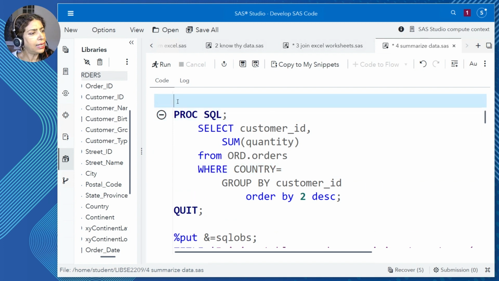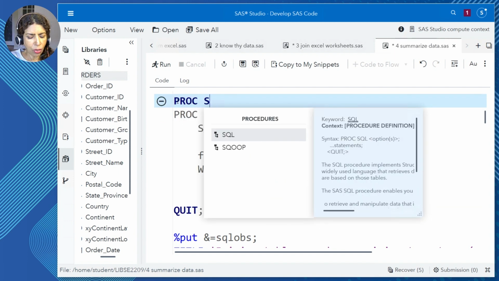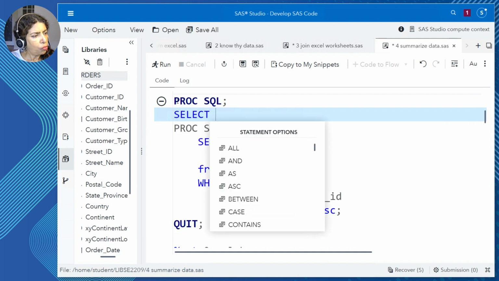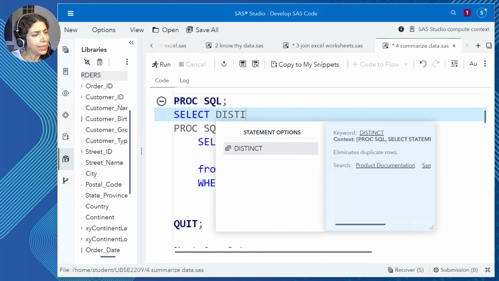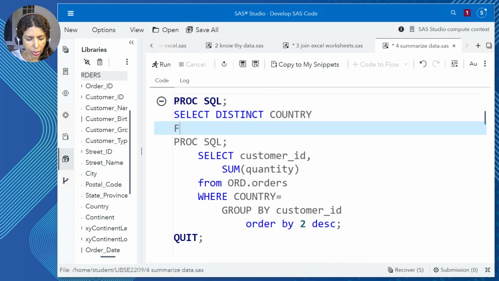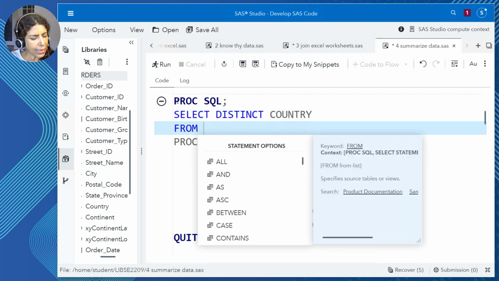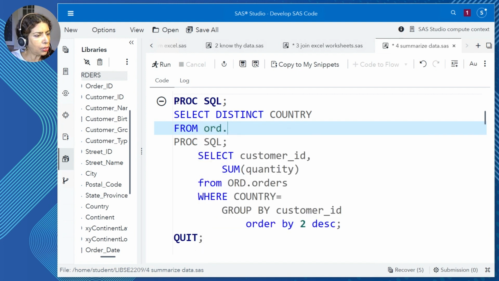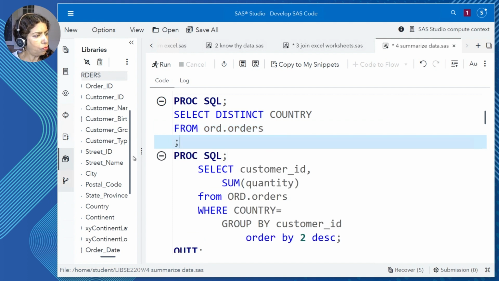So something that is really handy is a proc SQL query where I can ask for distinct values of country. And what that does, and I'm going to say, please go to the ord.orders dataset and provide me this information.